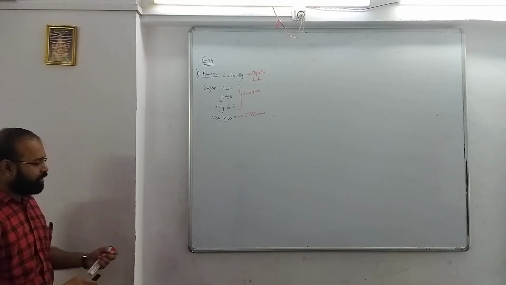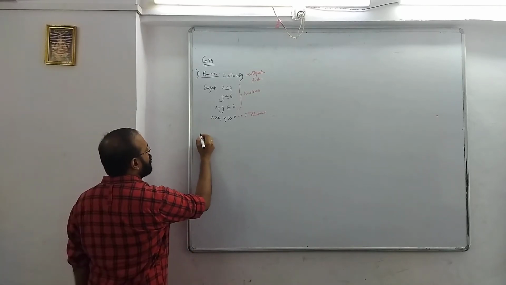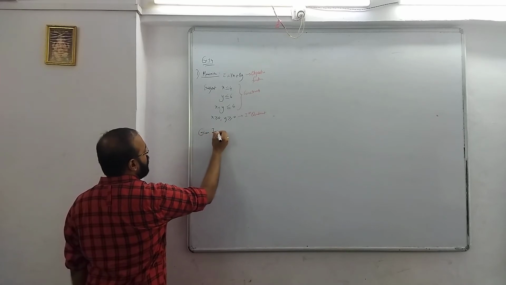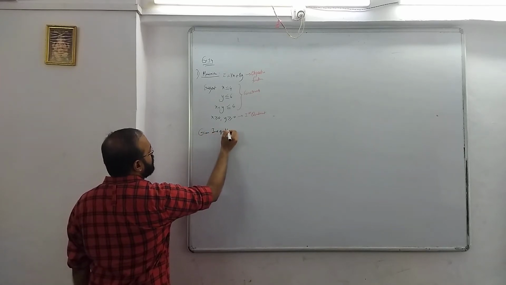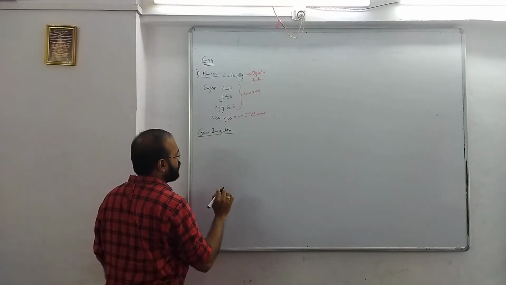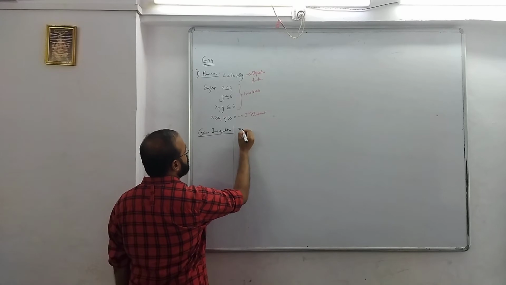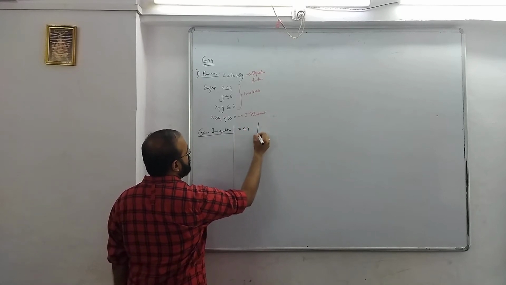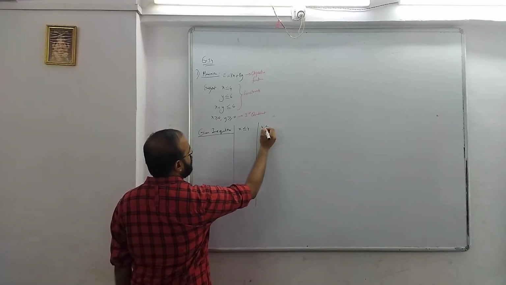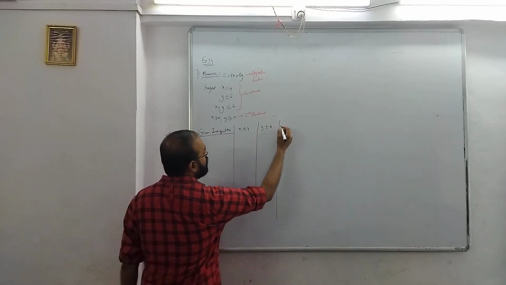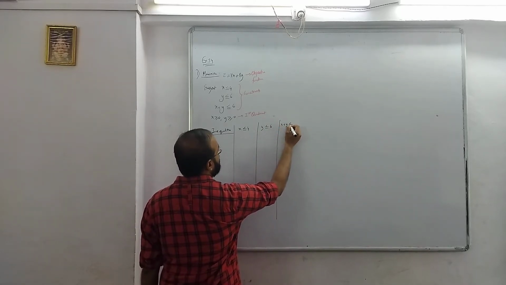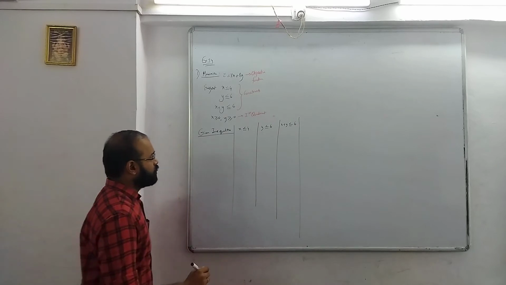So we take three parameters. The first parameter is the given inequalities. When I look at the given inequalities, there are three over here. x is less than or equal to 4. Second is y is less than or equal to 6. And third is x plus y less than or equal to 6. So there are three inequalities over here.